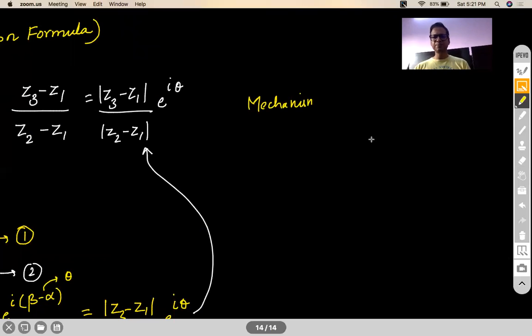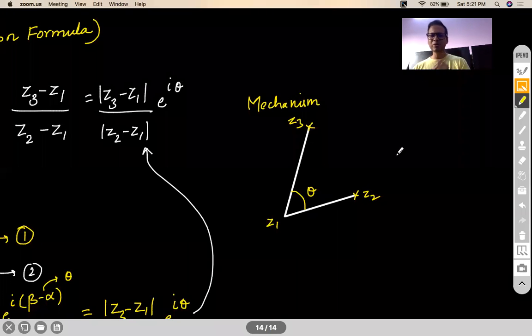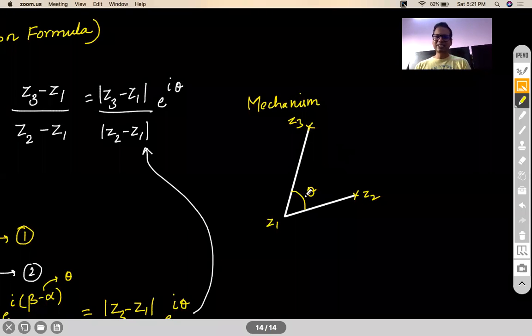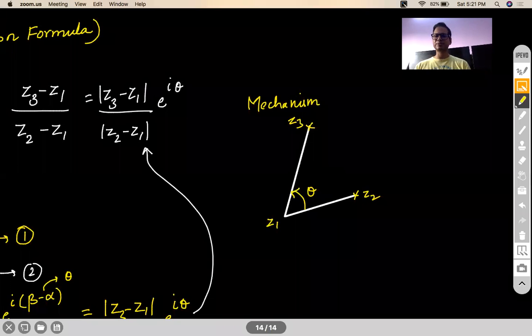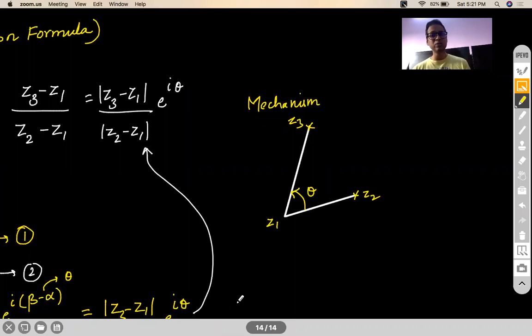See, normally you will not be given any direction. So you will be given these three complex numbers, and you would know the angle between them. So what I do is I assign some random direction to theta. That is up to you, right? What direction you want to assign? Let's say I assign anti-clockwise direction. Okay, it is up to me to assign a direction. In reality, there is no direction to that. I am giving it a direction.